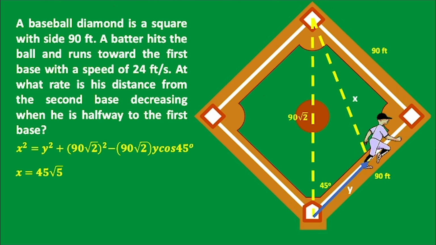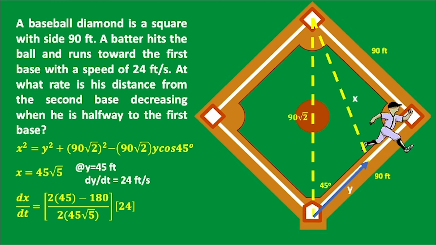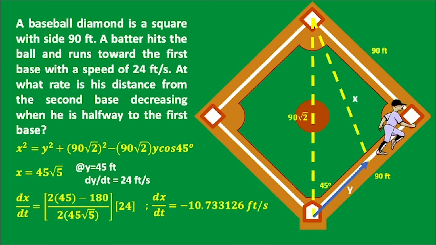Together with the value of y and dy over dt, we can now solve for the value of dx over dt, which then gives us negative 10.733126 feet per second. The negative sign indicates that the distance is decreasing as time moves